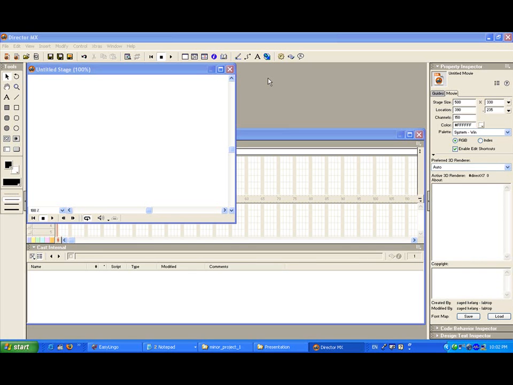Director interface. In this lesson, we will take a look at the Director interface so we can be familiar with the menus and the palettes and all the items we can work with inside the software. Here is the Director interface consisting of the main items like the title bar, including the software name,